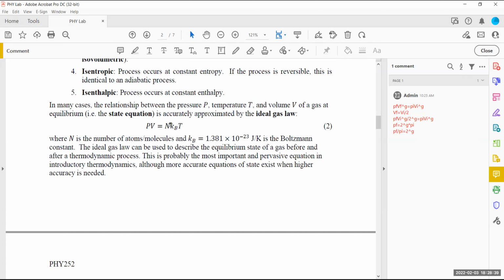Sometimes, especially in chemistry, they use per unit mole. So we make the distinction for KB to be per unit actually molecule. But that's just really a number. So that's why in the proper units, in the references, it's always joules per Kelvin. There is no number in there. So if you multiply KB by temperature, you're going to get energy, you're going to get a joule.